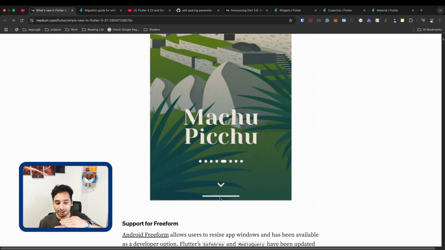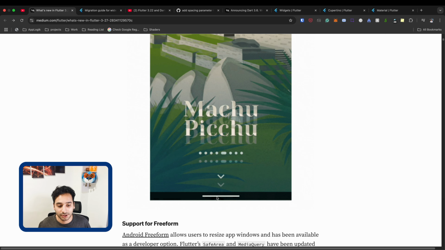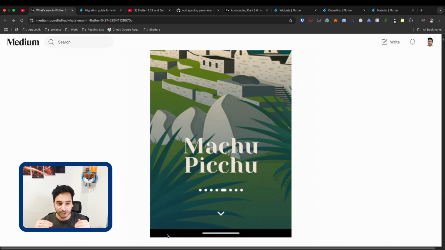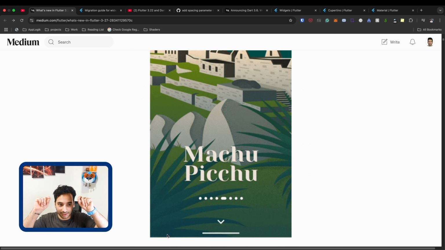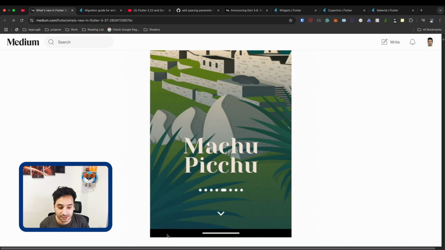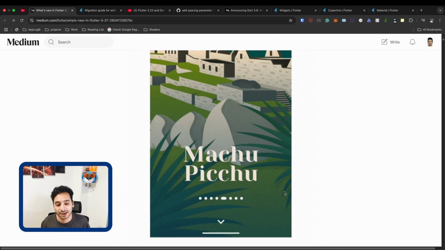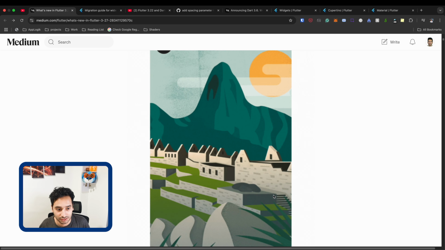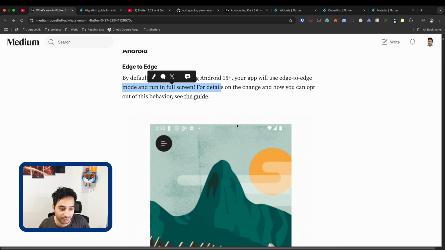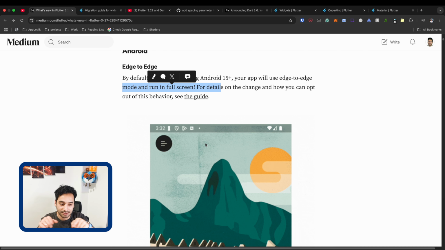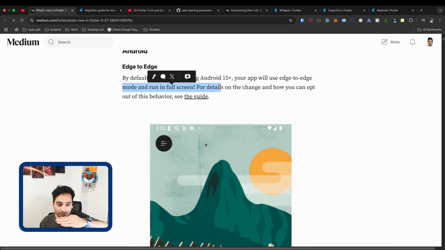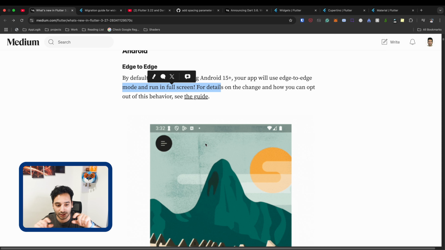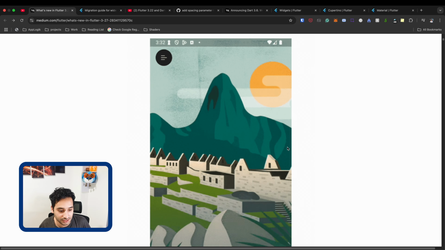You couldn't have the application on the edges of the screen, but now the default behavior is edge to edge. So it means that Flutter is going to be rendered on every pixel that exists in the device. And it means that you need to take care of the safe area. As you know, we have a widget called SafeArea that prevents you from overlapping on the device edges or device cutouts. So for example, some Apple devices have something here that cuts the screen, and you can put your widget in a safe area to shift it to the bottom to prevent it from overlapping on the cutout of the device or edges of the device.